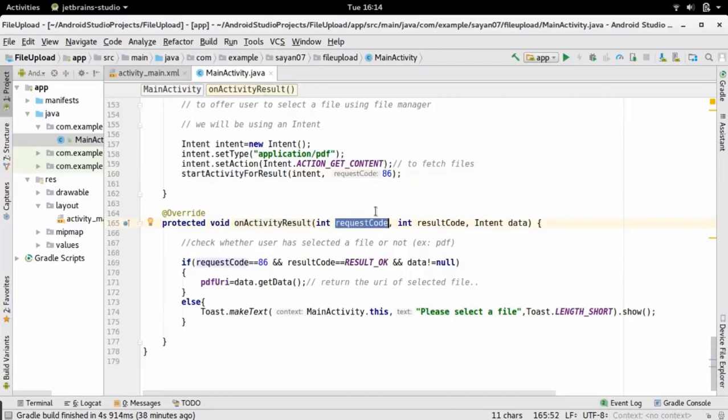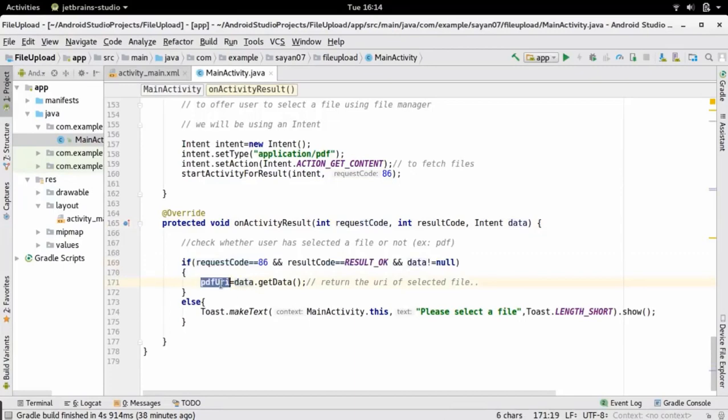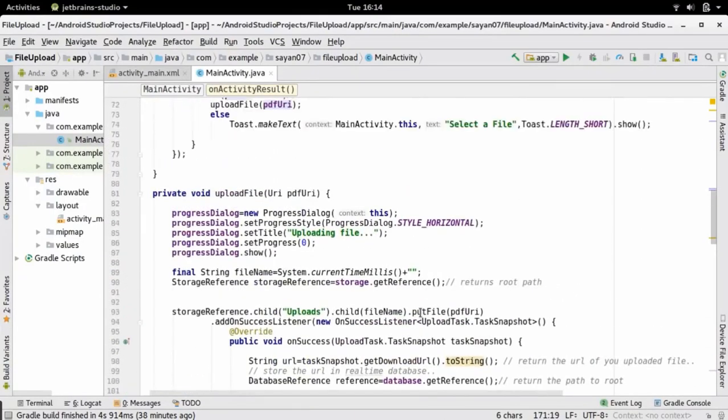The result code will be RESULT_OK if the operation is successful, and the data will not be null if the user has successfully selected a file. So if the user has selected a file, we are going to store the URL inside this PDF URI. I hope it is clear.